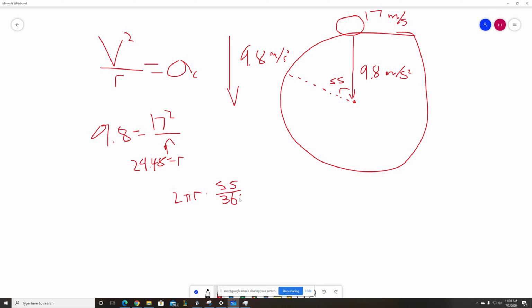Yeah, so to explain real quick, what Howard's gonna do now is, after he found the radius, he's gonna find the distance of that 55-degree angle. You do that by finding the total circumference and then finding the ratio of 55 over 360, so you can find just that portion. And then with that, you can just plug in the numbers, and if you plug in the numbers, you get